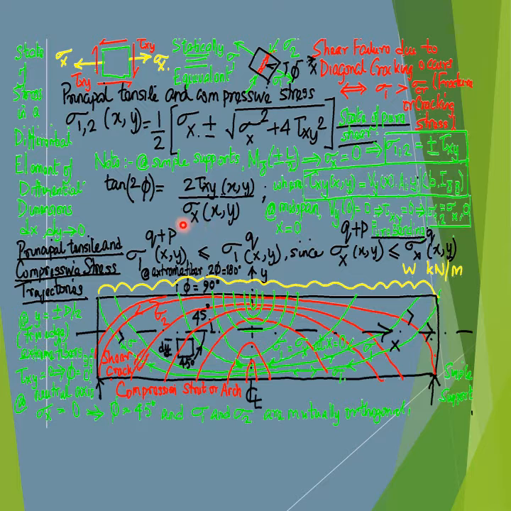And the physical reasoning for this inequality is that the normal or direct bending stress sigma x due to the combined effect of the UDL-Q and the pre-stressing force Tp